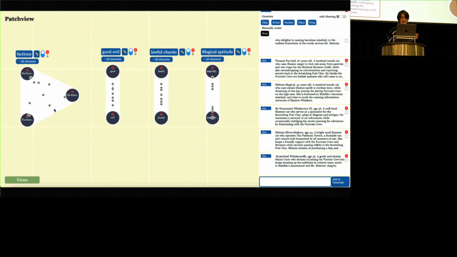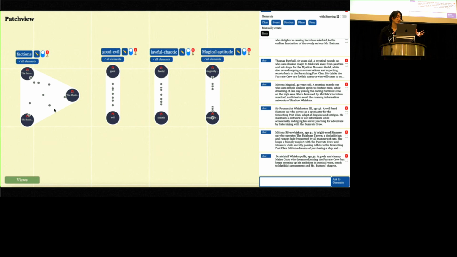And moreover, because many different users of creative writing might have different world structures, and they might be interested in different types of concepts, this tool also allows users to quite flexibly configure those different concept spaces. For instance, if the user is interested in how their characters are distributed according to different factions, they can configure that kind of magnet space.